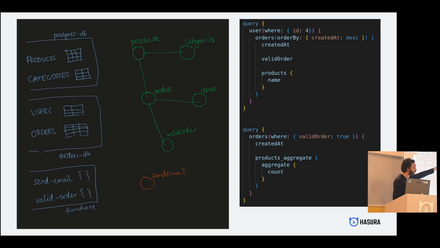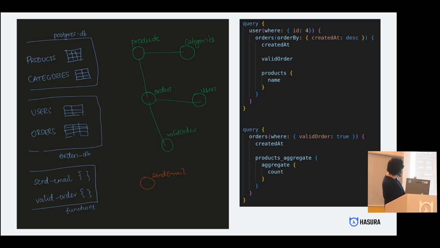Under orders, I have products. Now, products is coming from a completely different database. Now, what do I do? Do I get back all my orders and then do an n+1 query for products? No, you can do better things. For example, you can get back all your orders, and now you have all your order IDs, or product IDs. Now you can make one request to your other database and get all your products back. And then the engine will join and return it to you.